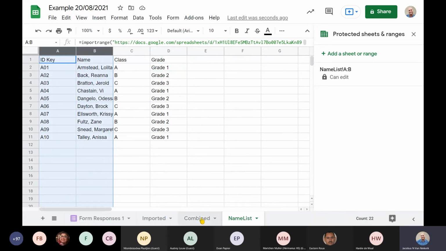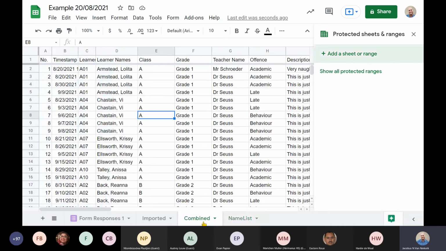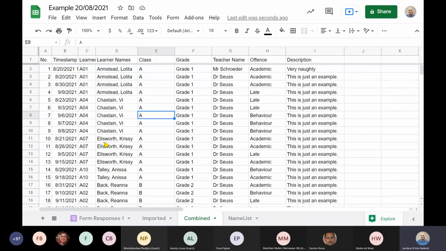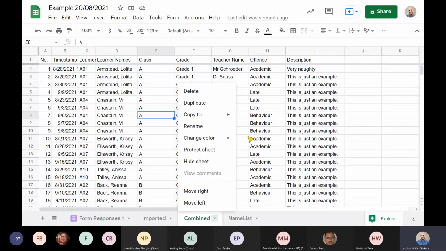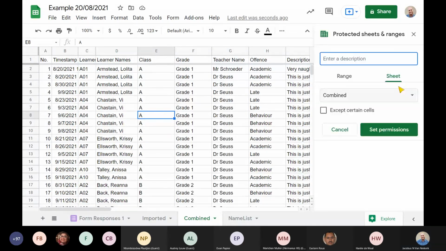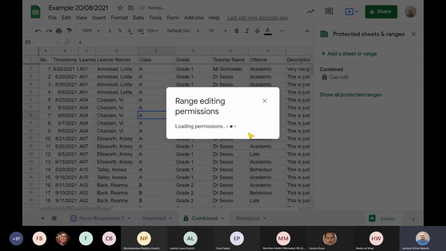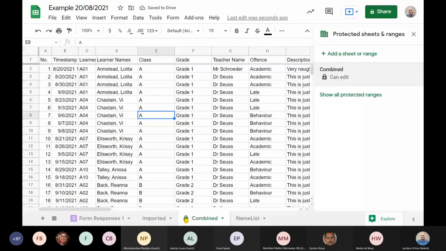But let's say I'm over here on my combined list. I say, no, over here, you can't go and change anything, please. So this part, that doesn't work like that. We're going to say protect sheet. I'm going to say the whole sheet. So that means they can't do anything on this sheet at all. And you'll see then, if I say the whole sheet, it adds a little padlock icon over here. In other words, you can't edit it. It is visible. You can view it. You can edit anything else over here, but you can't edit that.